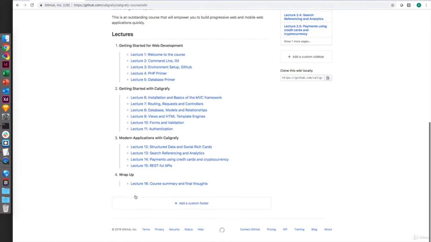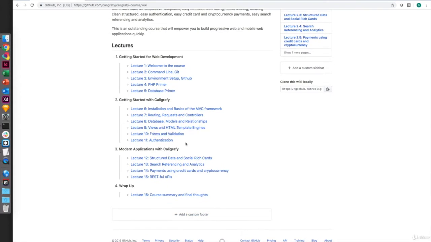When I hit get started, we are going to look mainly today at lecture 10, okay, which is going to be forms and validation. So in the beginning of the session, we are going to start to create pages. We're probably going to create maximum three pages. One of them is going to be a UI for seeing all the projects that were posted. Another one, and that might be a combined one depending on the level of difficulty of it, is going to be a form, and that form is going to allow us to do three things. It's going to allow us to create, it's going to allow us to edit, and it's going to allow us